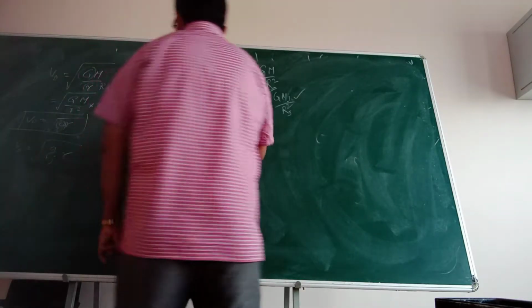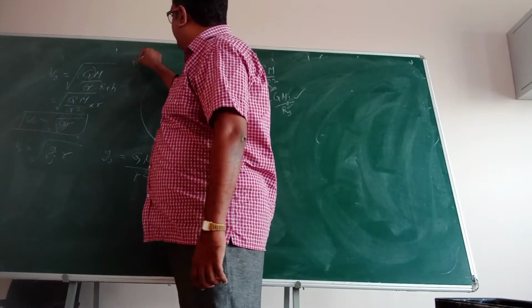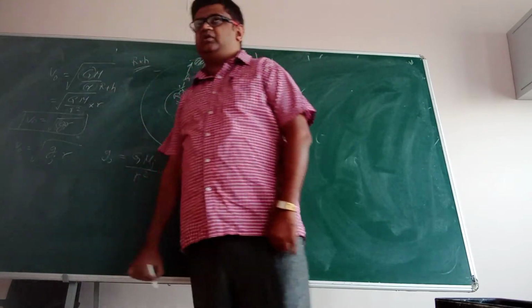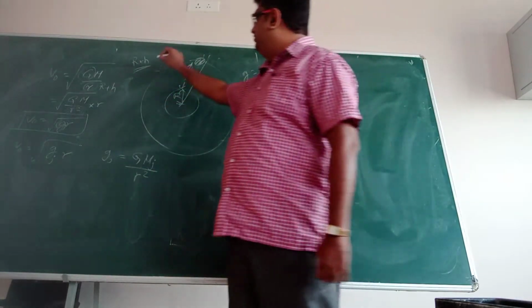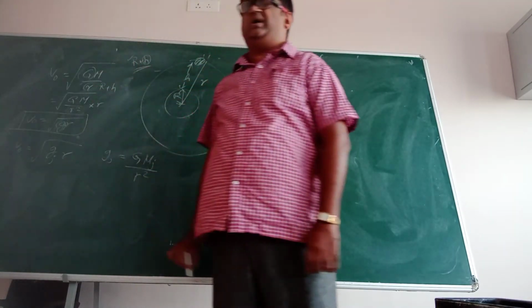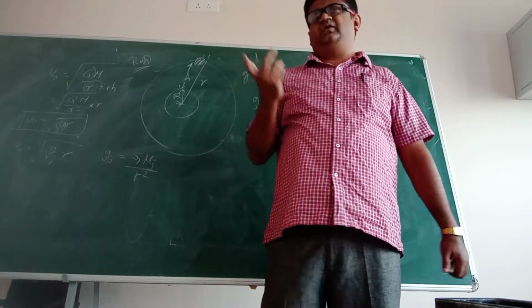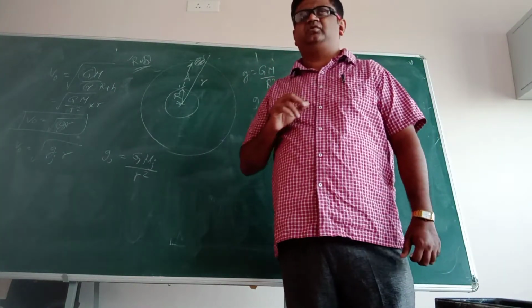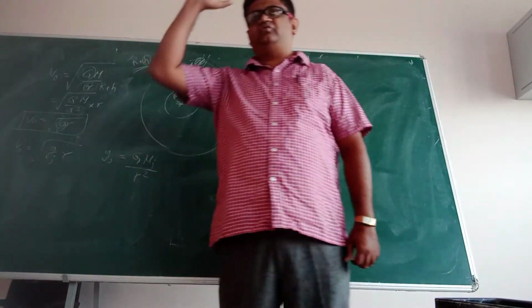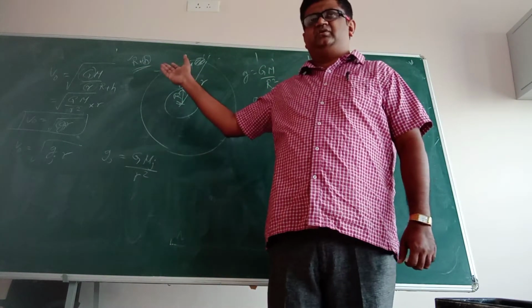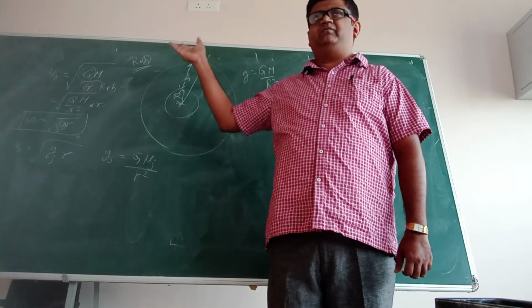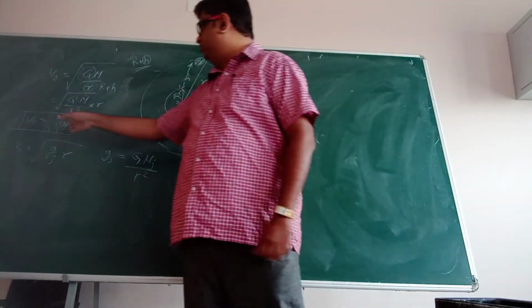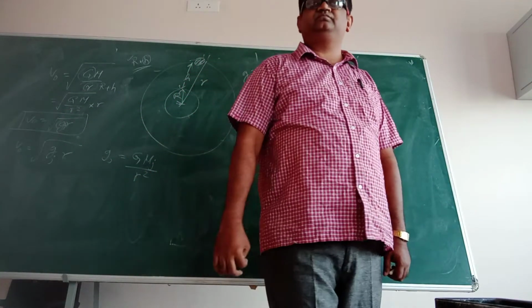See, it is like this. In the denominator you are putting r plus h. Suppose h is very small compared with r. H is, let us say, 2 kilometers or 5 kilometers. R value is how much? 6,400 kilometers. So h is very incomparable when compared with r. So in that situation you can write root over gr.